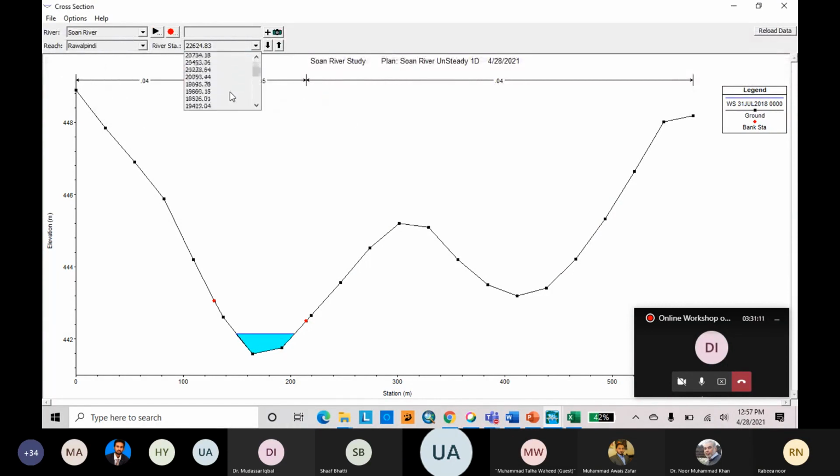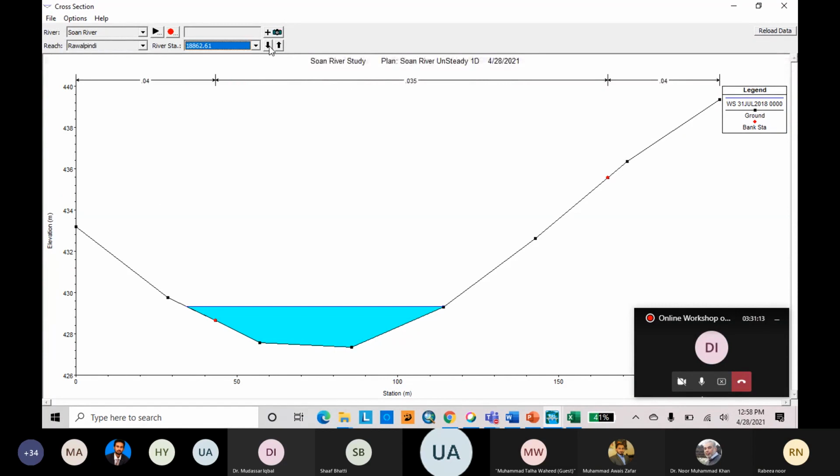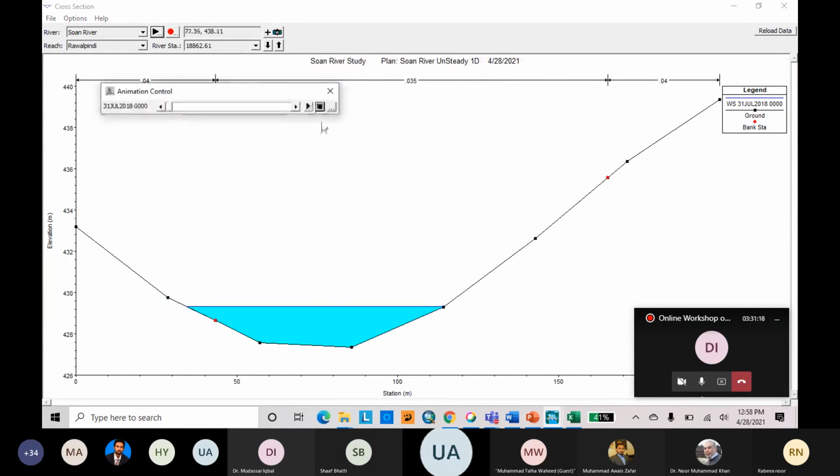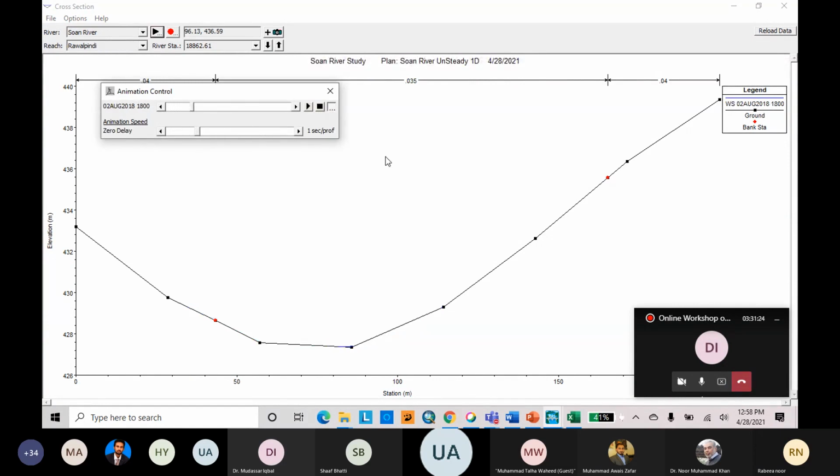Let's move a little further downstream. The flow depth is showing according to our input discharge data.